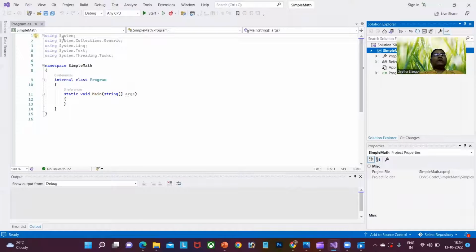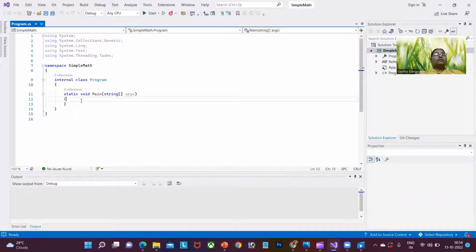So once you click on the create button, you'll be getting this code editor window where you can type your code to implement your mathematical operations. So here I said that I'm going to explain how to create a simple application to perform addition of two numbers. So we need two numbers as input, and then we should store the result also. So for that, we need to declare necessary variables to hold the input and the output. Since we are going to handle numbers as the input,